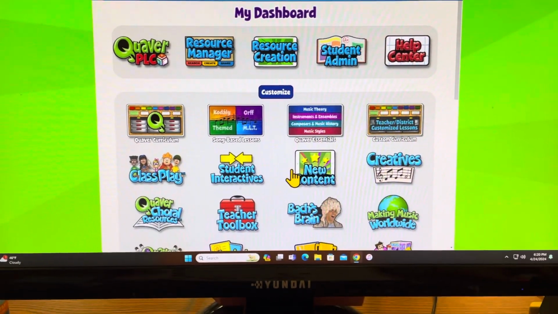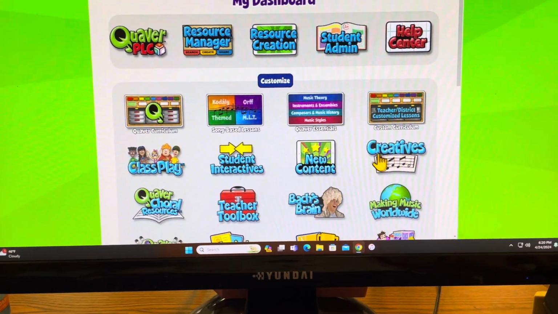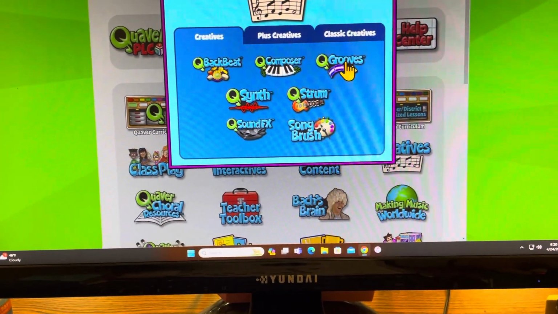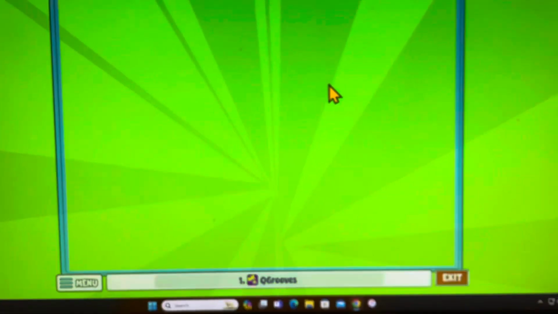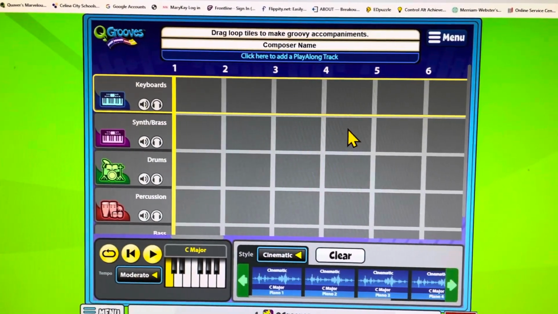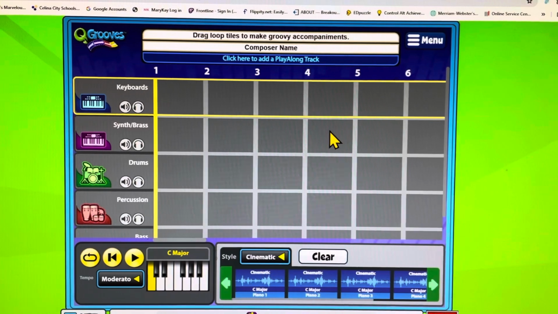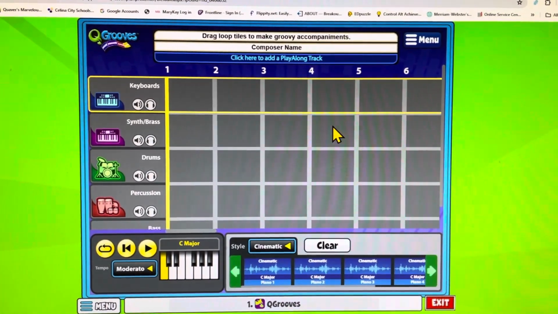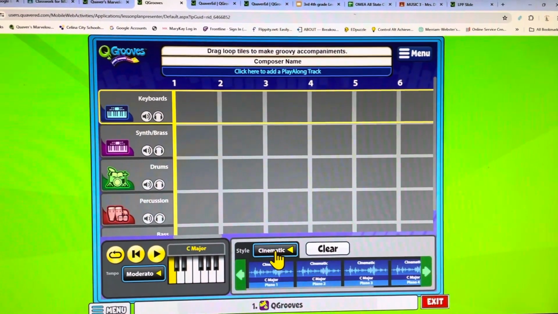And you will not see as many icons on your Quaver account like I do, but you just need to look for the circle that has creatives. Once you do that, you're going to go to QGrooves. And now you see that grid of instruments and empty squares that hopefully looks familiar from last year. I'm going to try to do this quickly so you can have a lot of time to create your QGroove. So first you're going to start by